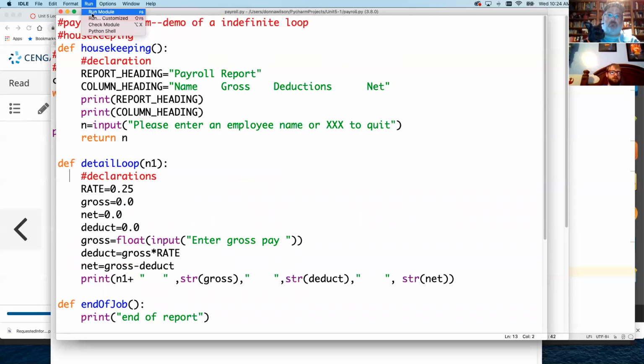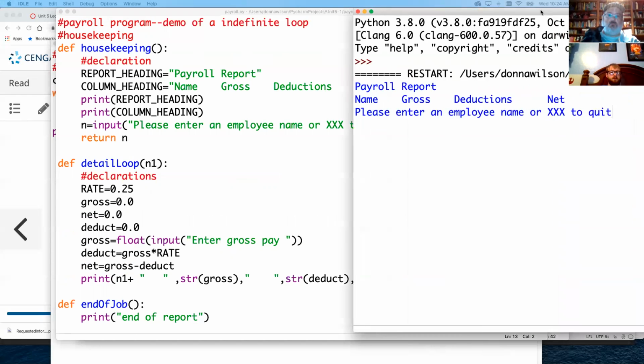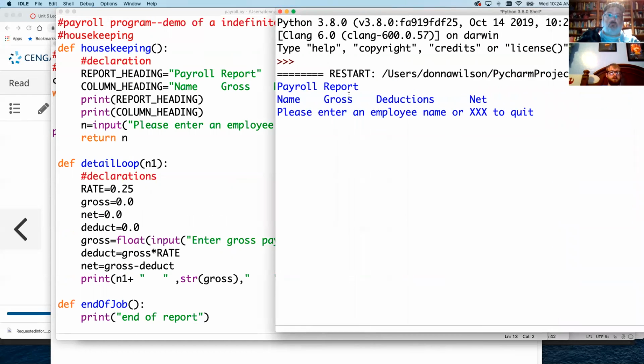So here I'm going to say run module. And when it runs, it's going to say payroll report, name, gross, deductions, and net. And please enter an employee name. So I'll put DW. Enter gross pay. It's not going to, actually, this was set up for a different kind of language, because if you're doing it to the screen and you're asking the user for input, it's better if we put all that